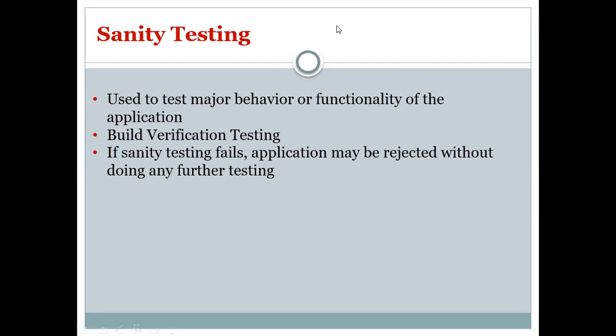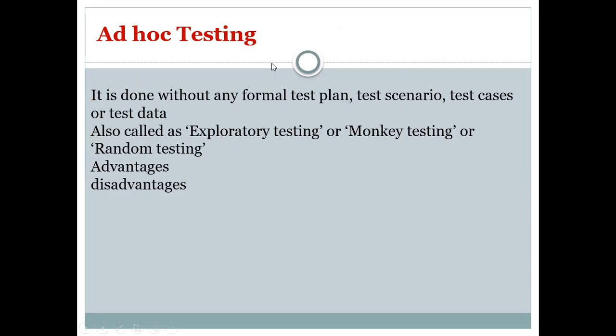Then next is ad hoc testing, which is a very important one. Suppose some of you are going for the testing stream, not development and other things, then how the ad hoc testing is being done from your side is the major thing.